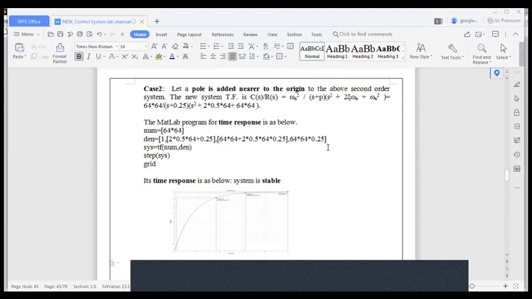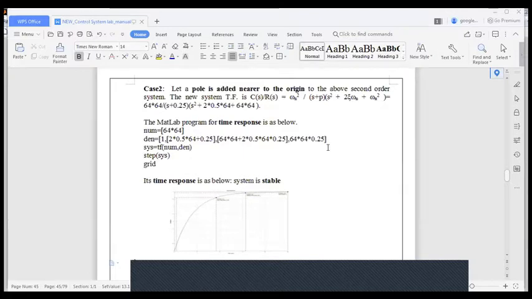This denominator you have to simplify and arrange in decreasing power of s. Then in the denominator you will have s cube plus, and the corresponding coefficient will be 1. In the variable den, within the square bracket, you enter all the coefficients, putting a comma in between.